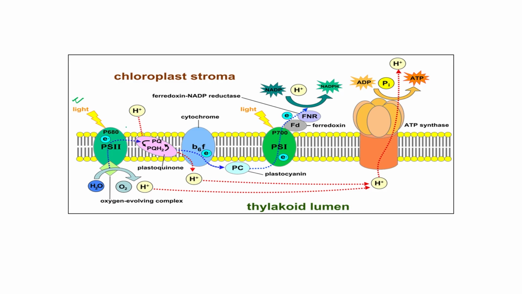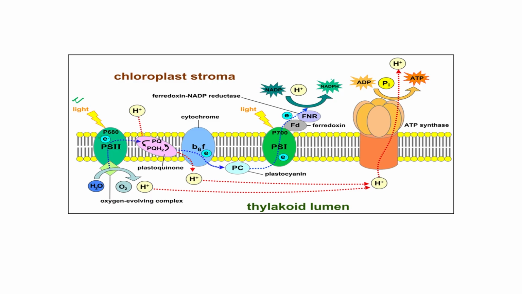This is the reaction center for PS2 where P680 molecules are present, and in PS2 water is split into oxygen, electrons and protons. Electrons are passed from one carrier to another, like plastoquinone, plastocyanin, cytochrome and so on, from PS2 to PS1 where the main molecule is P700, and finally these electrons are accepted by NADP